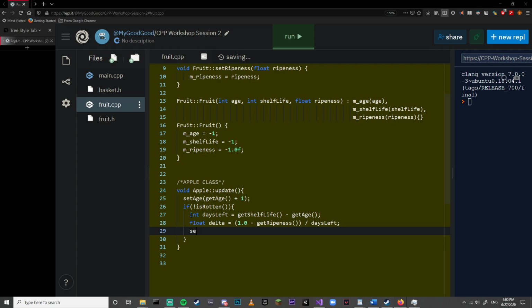Okay. And set ripeness to get ripeness plus delta. That's not all that important, but